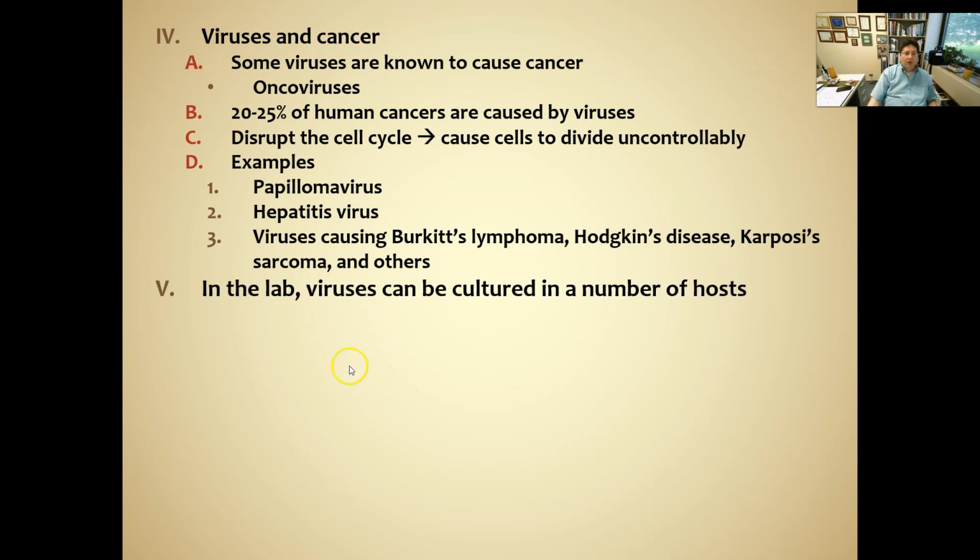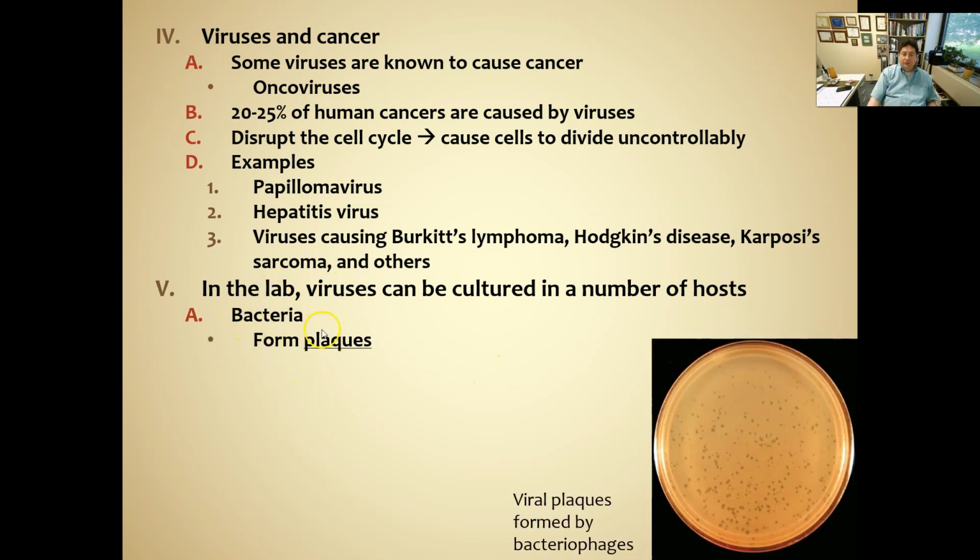Viruses can be difficult to work with in the lab. In the lab, we can culture viruses, but in order for them to work and grow, we have to have a host. We can use bacteria as the host, and if we grow them in bacteria, viruses form what are called plaques. We see in this picture here, this agar plate is totally covered in bacteria. The clear areas are areas where a bacteriophage, a virus, has killed the bacteria. Those are the plaques. You can grow viruses in plants, animals, embryonated chicken eggs, so a fertilized chicken egg, and other media like cell culture.